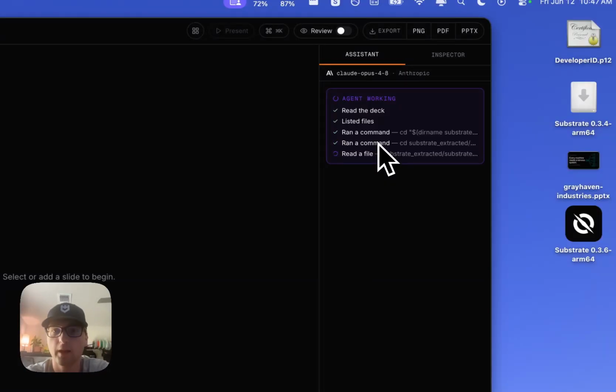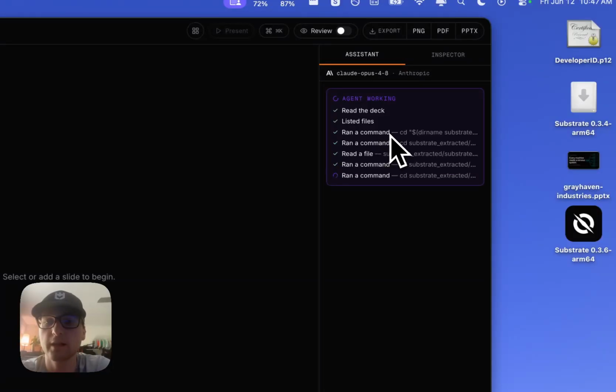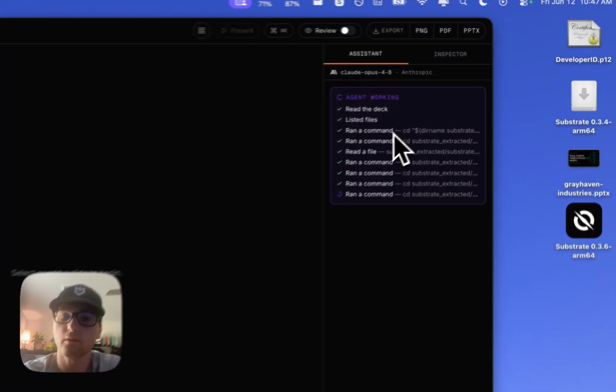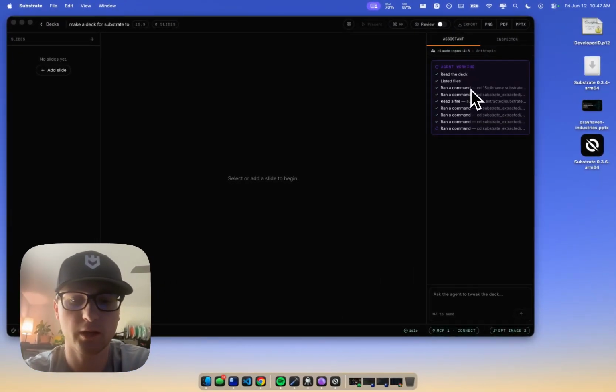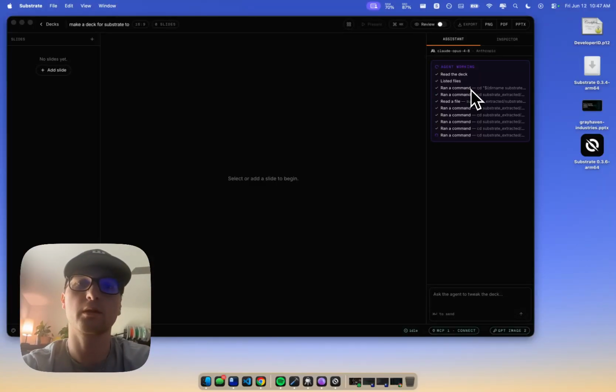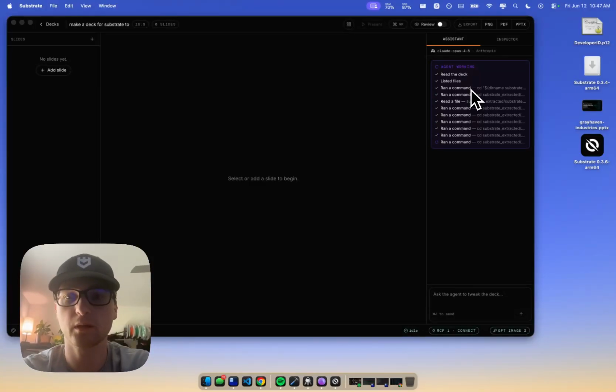As you may have already experienced, an agent just reading files, reading the deck, reading what we have, and then it's going to make a prompt for each, and then use GPT ImageGen 2, which is currently the best image model right now. I might speed it up a little bit, but